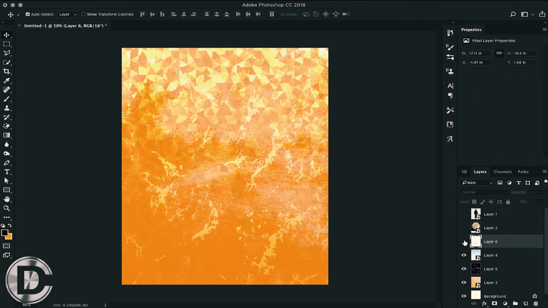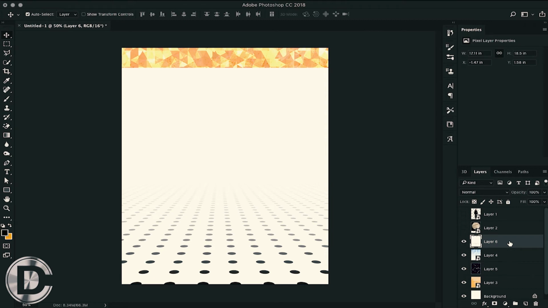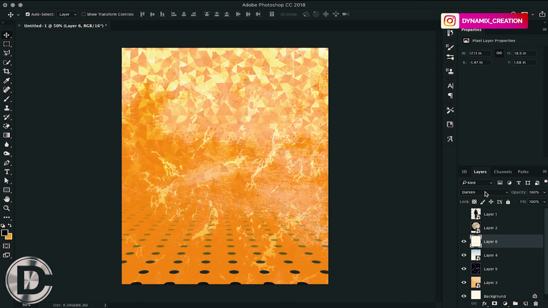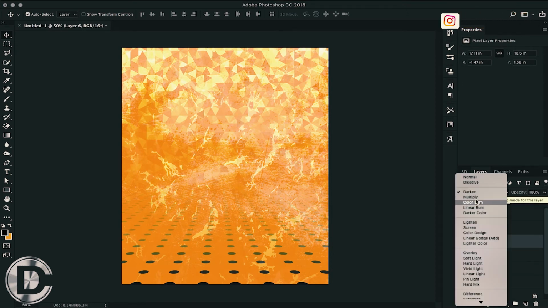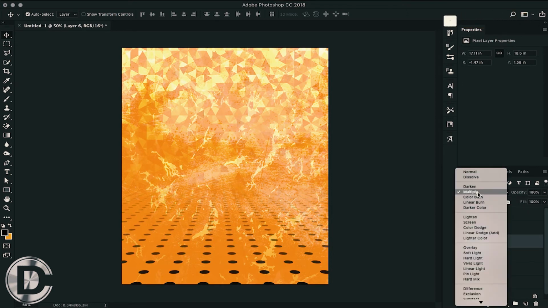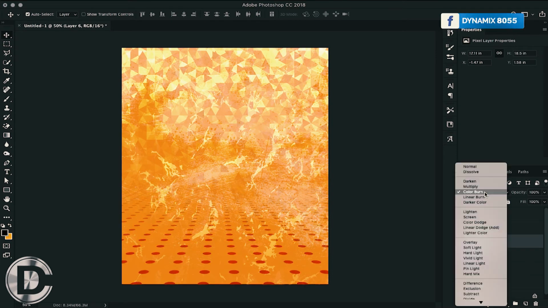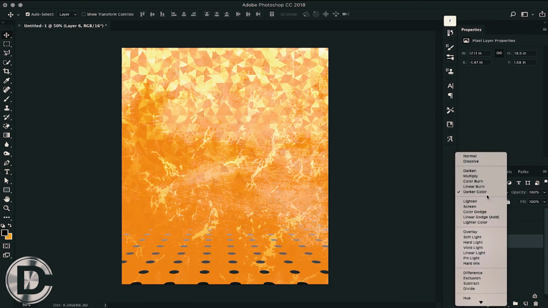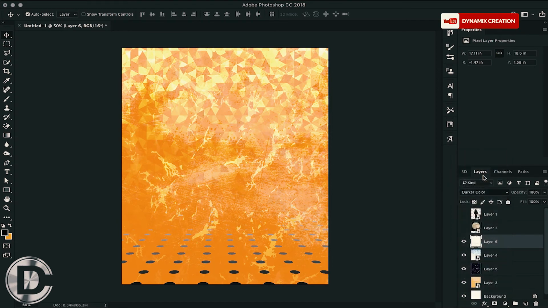In this image, by choosing a blending mode, I only want the darker or the black portion. So I am gonna choose a mode from the darker panel. You have to remember that in the darker panel, the mode you choose will make the white portion invisible, and the black portion or the darkened portion is the only one which is visible in the image. So I am choosing multiply here.